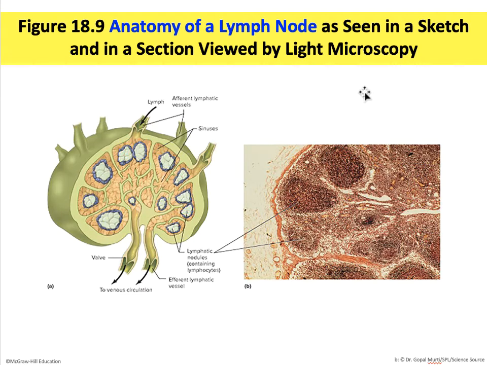Figure 18.9 gives a generalized view of a typical lymph node, where lymph enters in one direction and then leaves, once it percolates through this organ, in another direction. There are one-way valves, just like we have in veins, and they prevent backflow of the lymph. Each lymph node is broken into sinuses, and the sinuses are simple gaps between the structural cells that make up